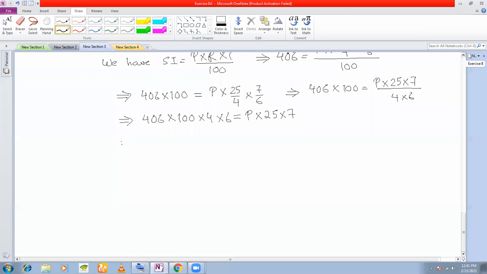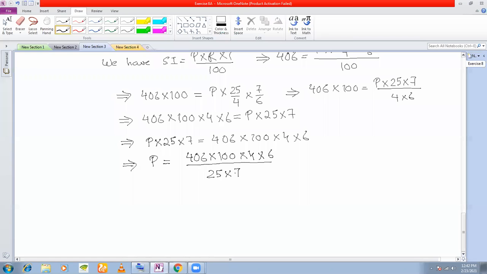That means in order to find P, you must divide both sides by 25 into 7. So P is 406 into 100 into 4 into 6 divided by